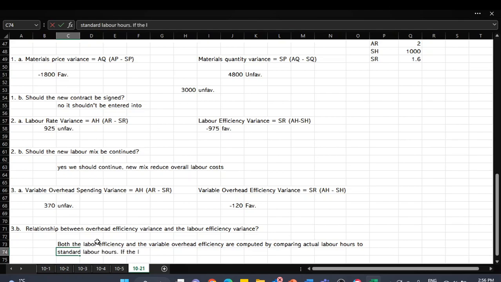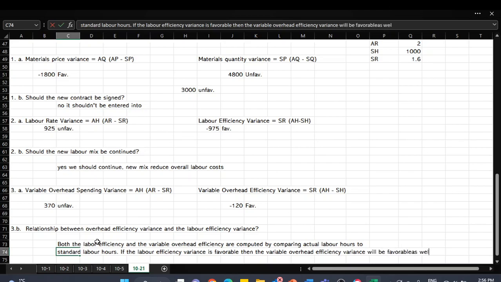Okay, so if the labor efficiency variance is favorable, then the variable overhead efficiency, sorry guys, I'm not used to this keyboard now that I'm on campus more, will be favorable as